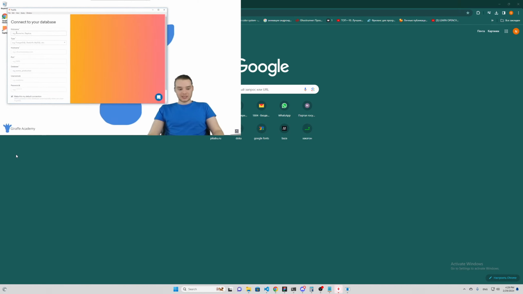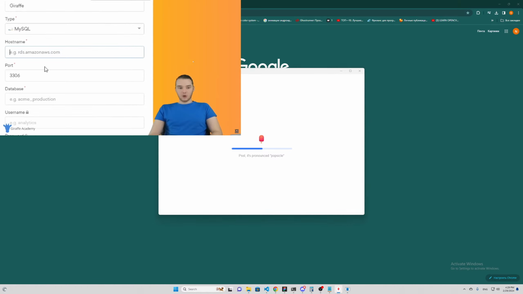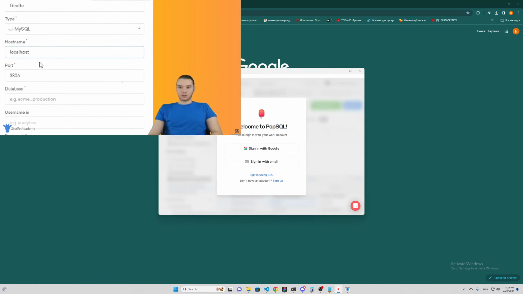So over here, it's just asking us to type in our nickname. So I'm just going to type in draft. And the type, if you click down, you'll see we have MySQL right there. Host name. So the host name is actually going to be localhost, and that just refers to like